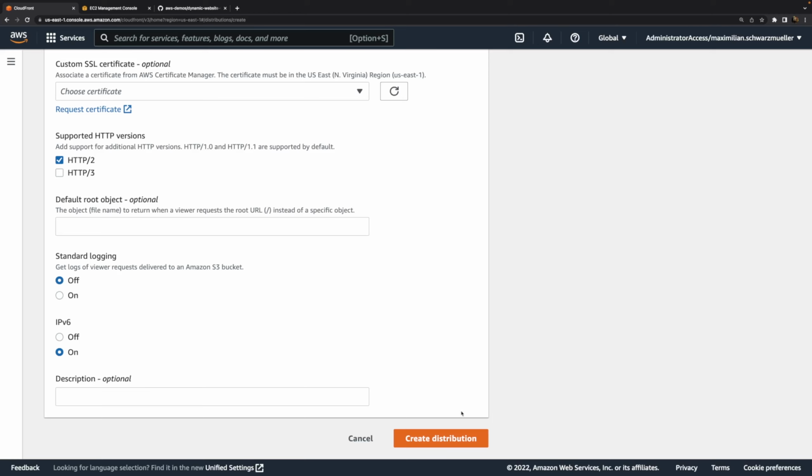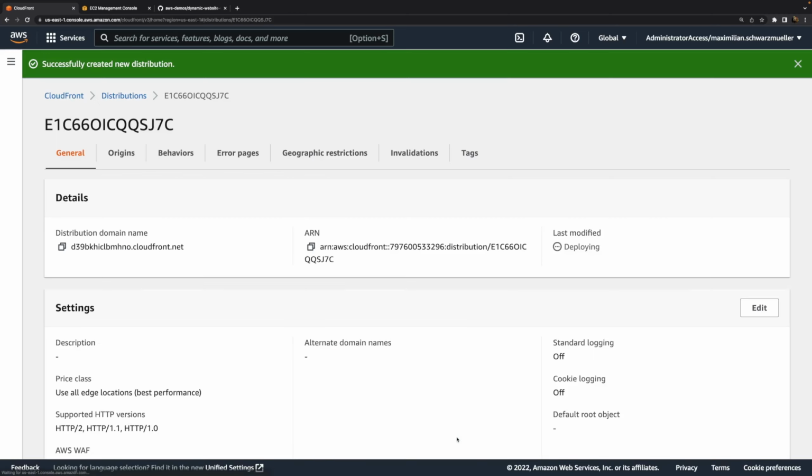So with all these settings chosen, you can create this distribution. And now this will take a couple of minutes to set up. But thereafter, we will be able to send requests to this CloudFront distribution, and under the hood, a request will then be sent to an edge location, the closest edge location for us actually, and then from there it will be forwarded to the origin server if no cached response was found on this edge location.